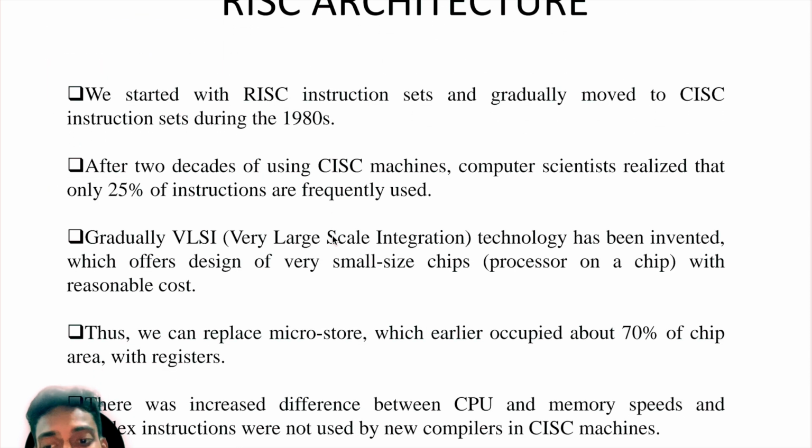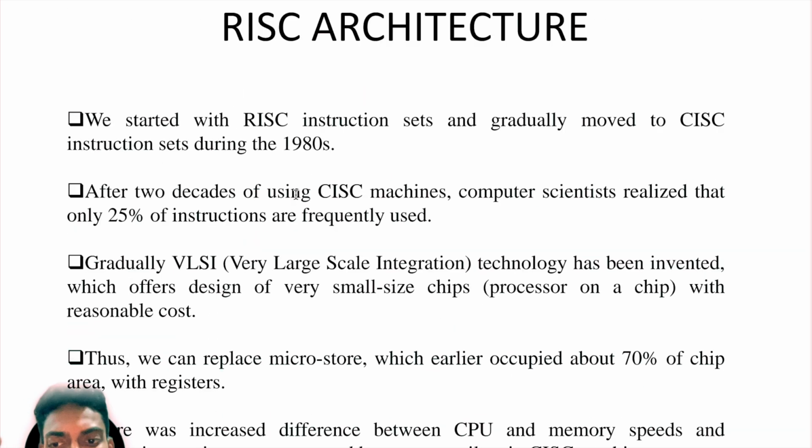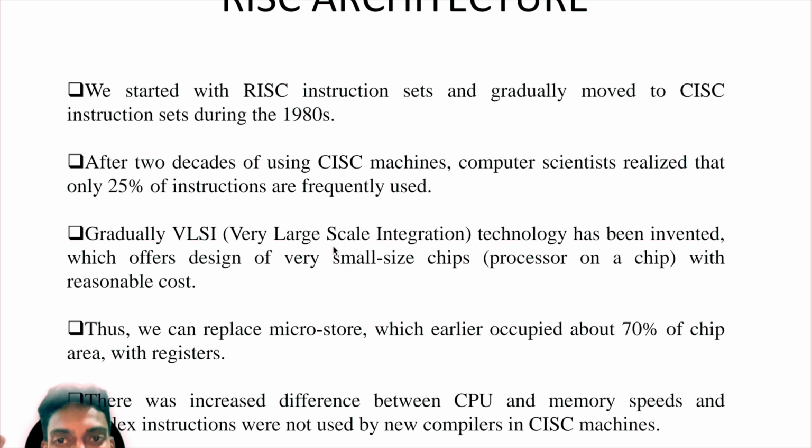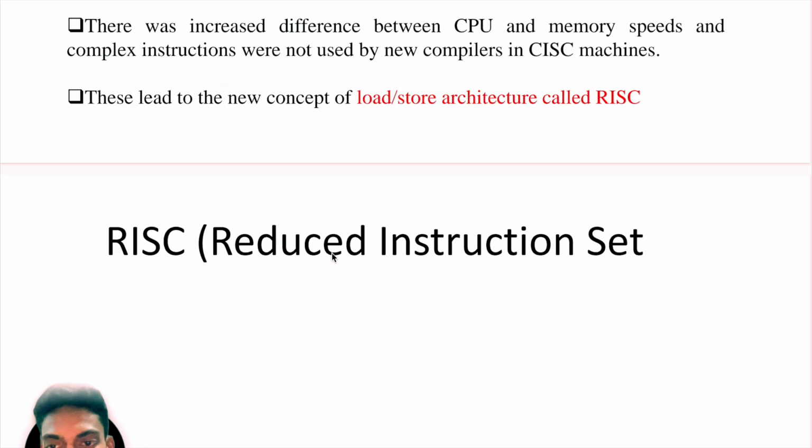Since RISC architecture is pretty simple, it tries to minimize the number of various ICs and specific system hardware present for every instruction. It makes sure that the code you are writing is executed efficiently. Gradually, the major component that pivoted the rise of RISC architecture was VLSI, which stands for Very Large Scale Integration technology.